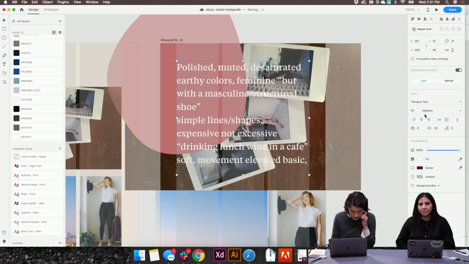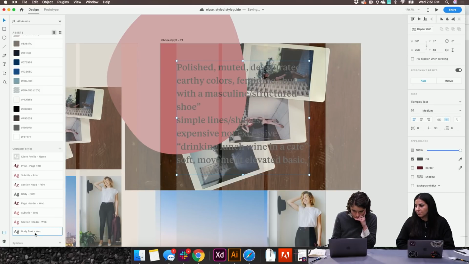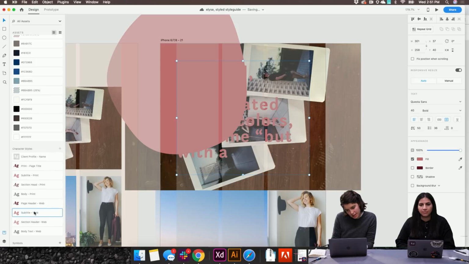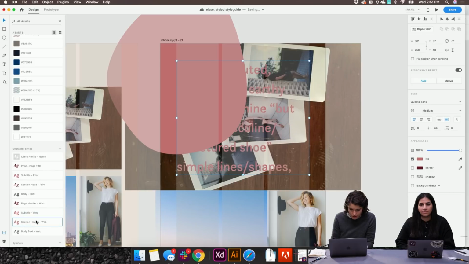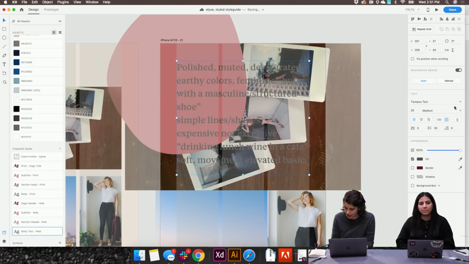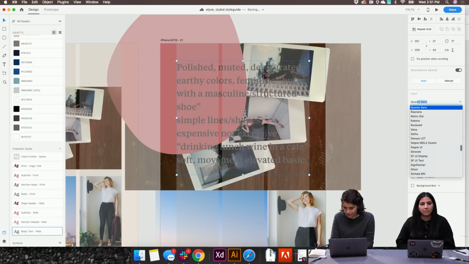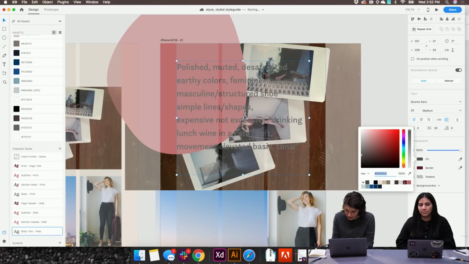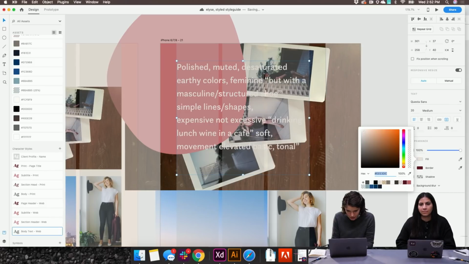And so this is our body text web, but I've modified it. And I want to see the sans serif, playing with that.